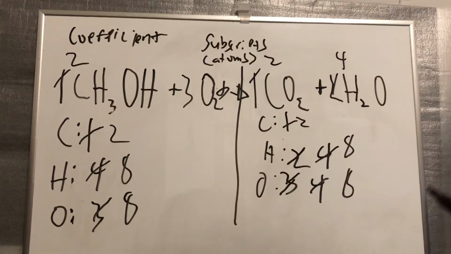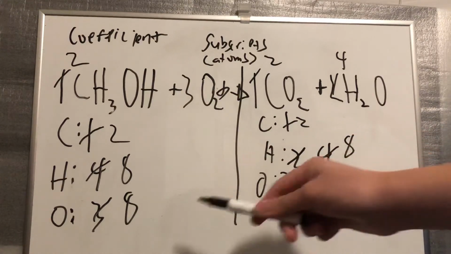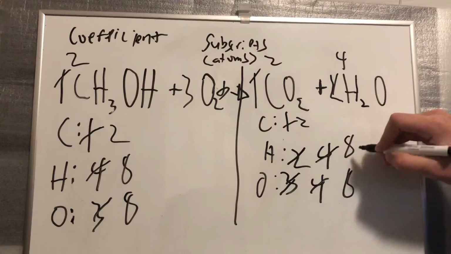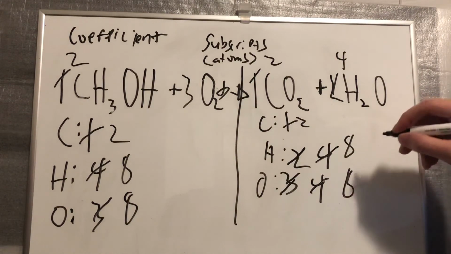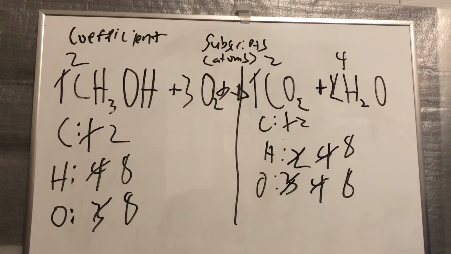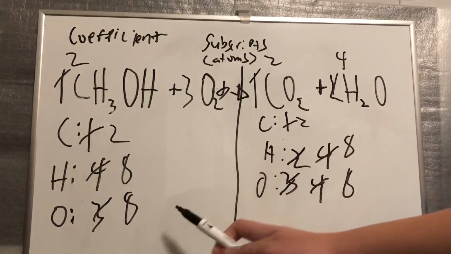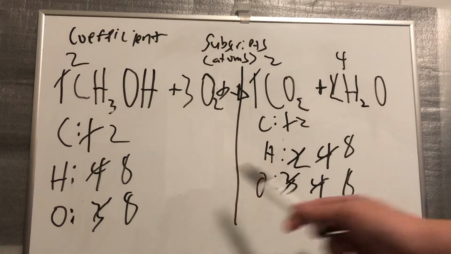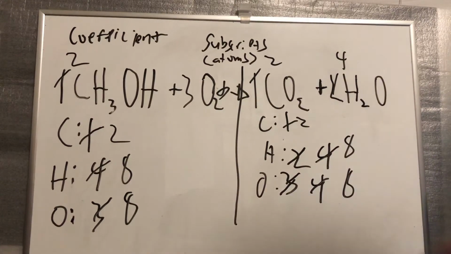The law of conservation, again, says that matter can't be destroyed or created. If one side were to have 1 more or less than the other, say this one had 7 instead of 8, that would break the law of conservation of matter. So that's why we balance equations, to make sure that on each side, the reactants and the products, are equal. So our balanced equation would be